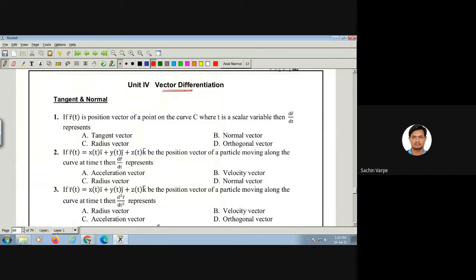Unit number 4, vector differentiation. If r bar of t is a position vector, then what is dr bar by dt? It represents velocity. Or for the position vector r bar of t, dr bar by dt represents the tangent vector to the curve, right? If r bar of t is given to be this,